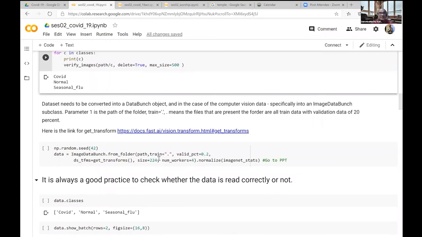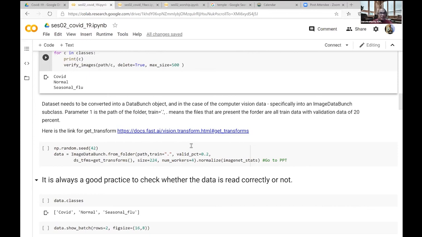And now it does 3 things. It allocates 20%, valid percent 20, as validation data. I will explain what it is in a moment. It transforms those images. We talked about it in the last class, but I will remind you. And we normalize those images. I will explain what we do. But when I write this one line of code, I am asking the system to go to that folder, make 20% of the images as valid, resize them, normalize them, and put it in an Excel.